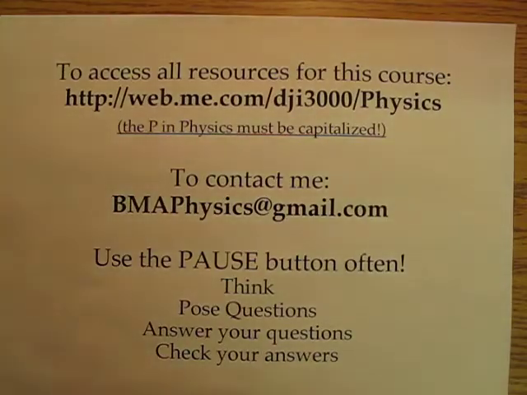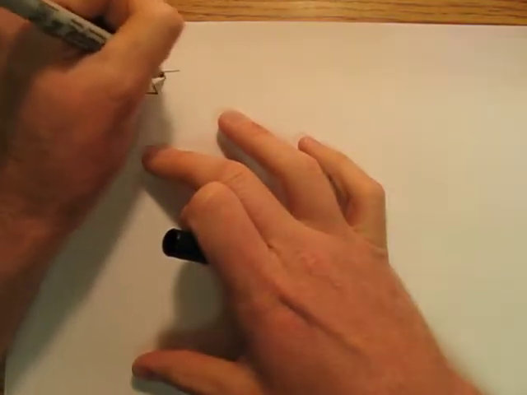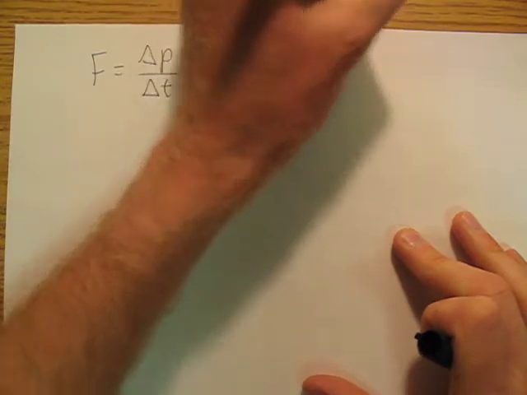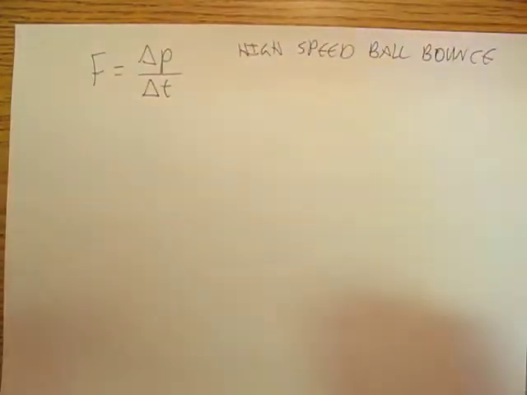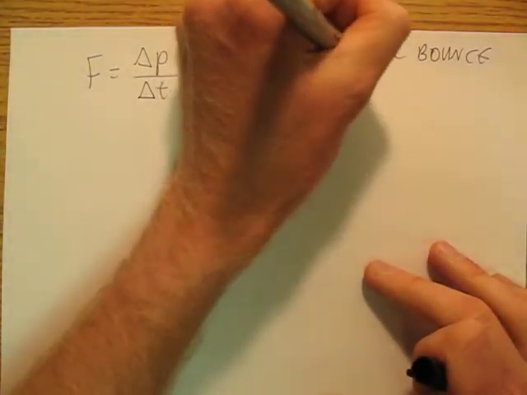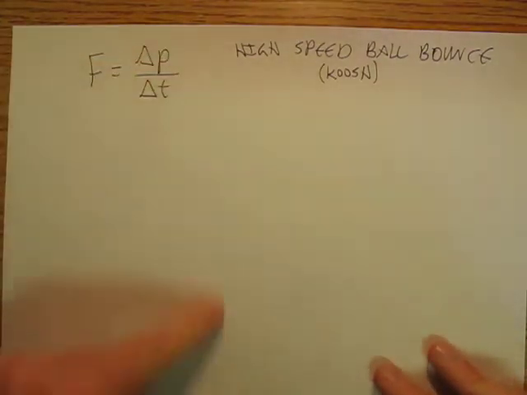Okay, so in this video we're going to talk about the following equation. The equation that we're going to deal with right now is force equals change in momentum over change in time. And we're going to base this off of the high-speed ball bounce video. Okay, so a guy takes a koosh ball, and I don't know exactly how you spell koosh. You take the koosh ball, you drop it down, it bounces up, and he had it on high-speed camera,